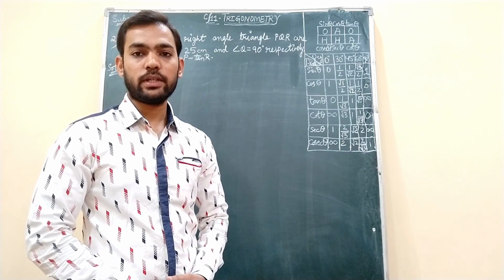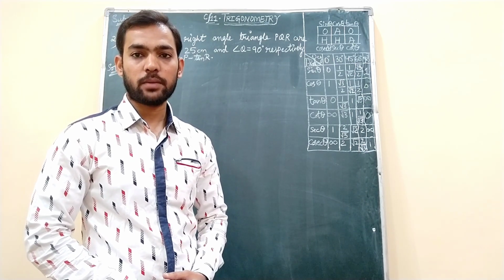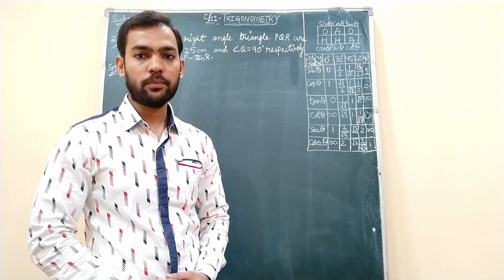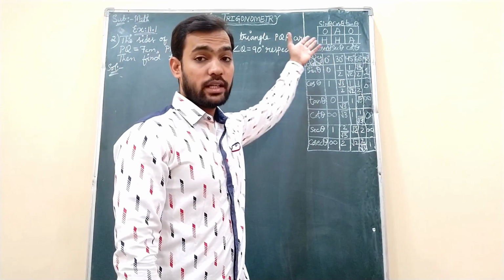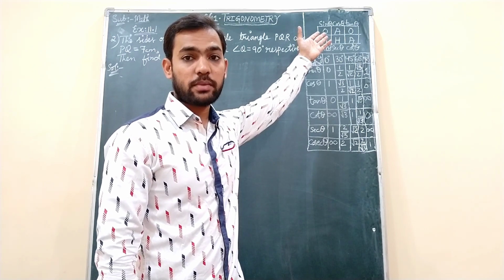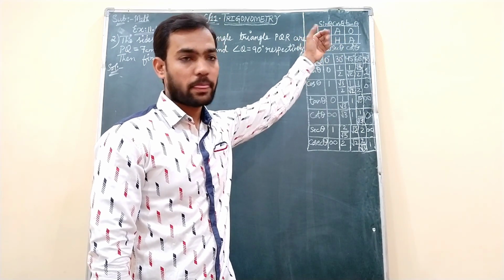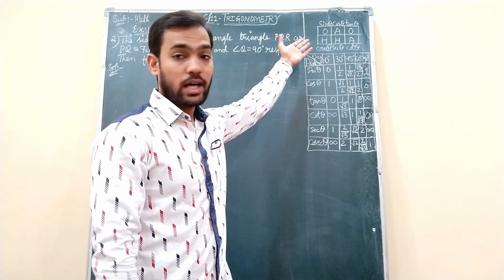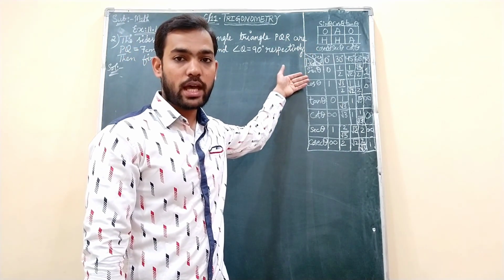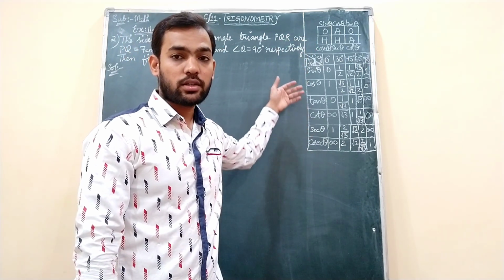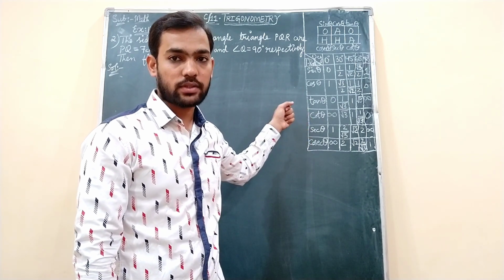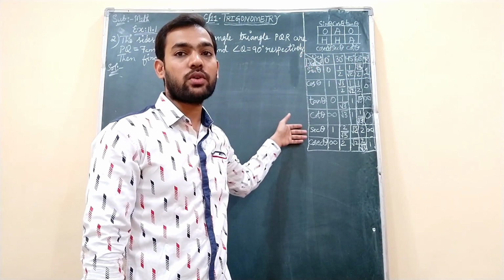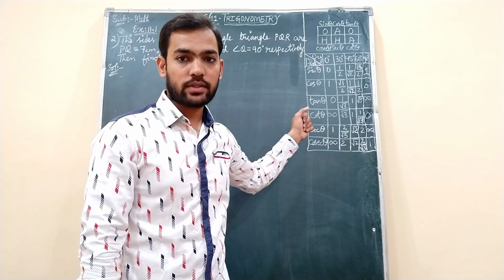In our previous video we learned about the introduction of trigonometry, what is trigonometry, and there are two sets of formulas that we learned in our last video. First one is writing all the trigonometric ratios with respect to the ratio of the sides of the triangle, like opposite by hypotenuse, AB by BC, AB by AC, like that we used to get the answers over here. And then we have also seen this trigonometric table of the trigonometric ratios of some specific angles, like for 0 degree, 30 degree, 45 degree, 60 degree and 90 degree, what are the different values of these trigonometric ratios. That also we have seen in our last video.